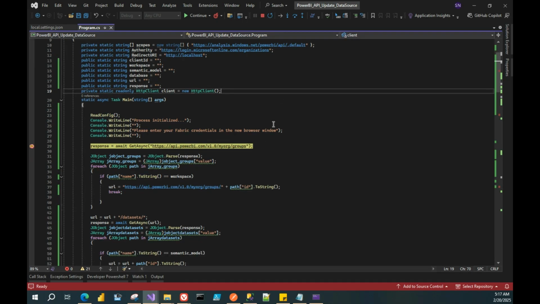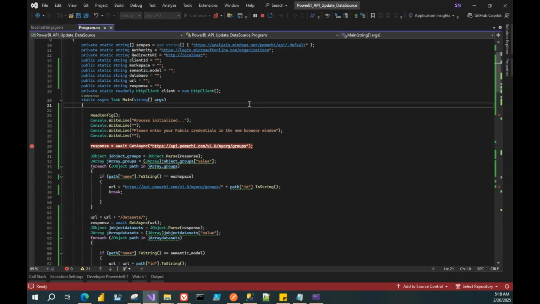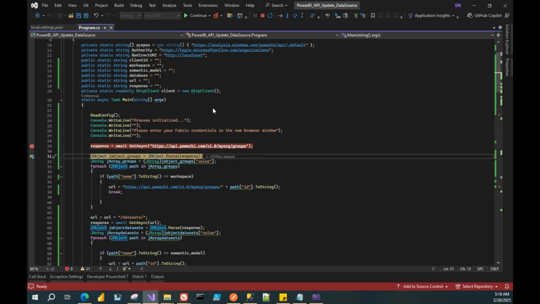All right, so this is the first API call. Here it's going to loop through all the groups through this API. So I'll just do a quick F10. Now it's going to prompt for browser credentials because of the bearer token generation. Okay, now if you check the response,